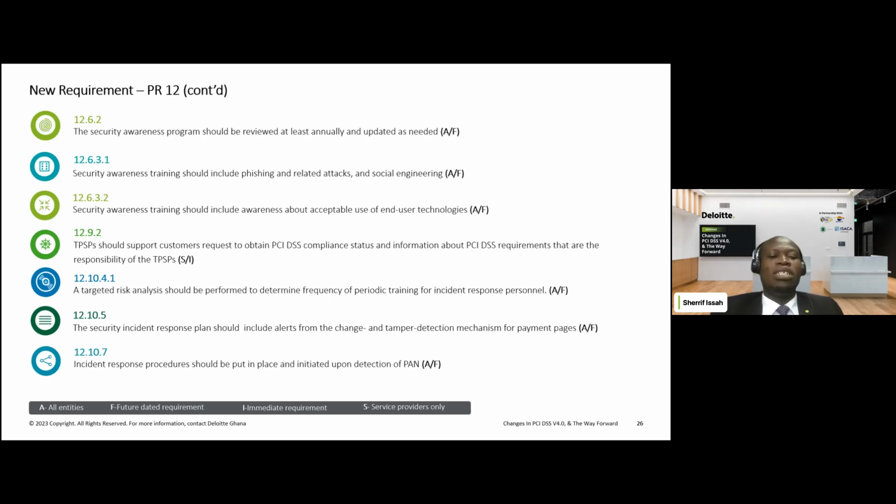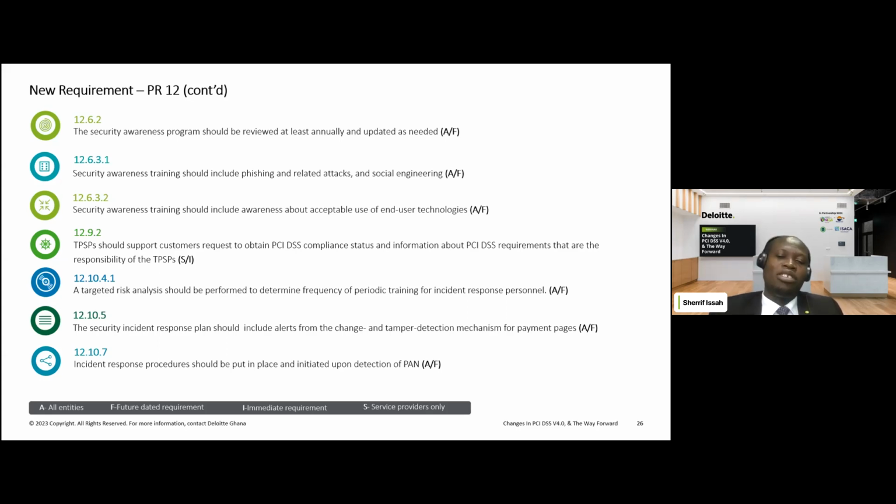So we're saying that in our incident response plan, there should be a response scenario, a response plan, to attend to incidents related to that mechanism. Then section 12.10.7 says that incident response procedures should be put in place and initiated upon detection